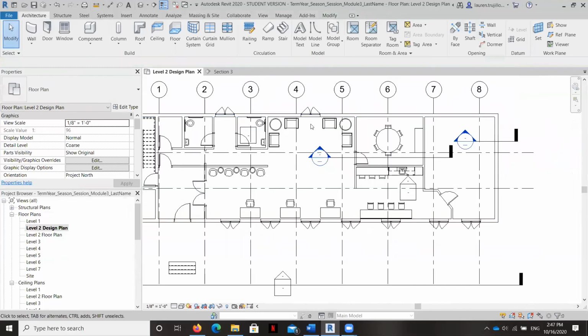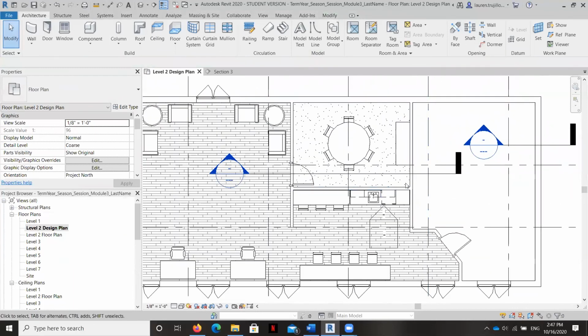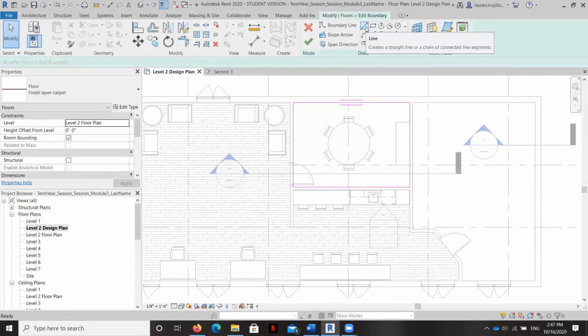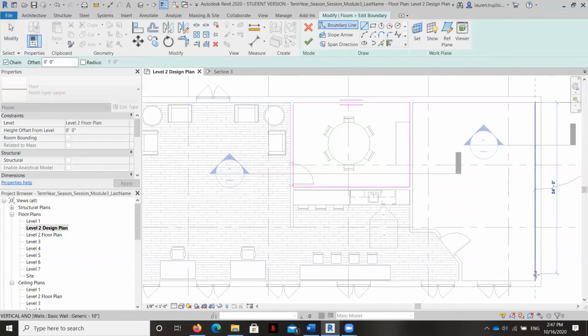The only other thing I'm going to do is select this floor finish layer and edit the boundary, and then I'm going to grab this area as well and make that carpet.